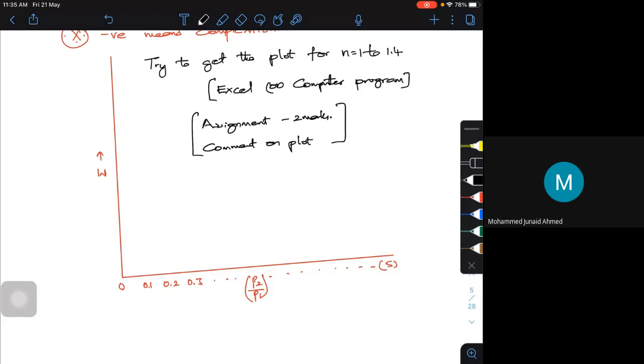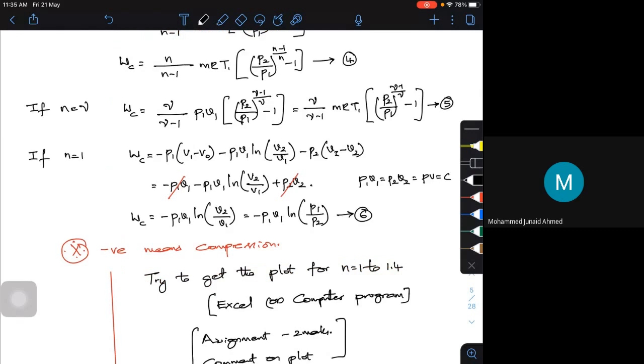For different pressure ratio, how your work done is, see, we showed it on the PV diagram. That's a different story. But for different pressure ratio, how your work done is behaving, that is not shown, which I want you people to do using Excel sheet or program. So you see, the ready-made formula is already there. You put some value, P1, V1, you assume something. V1 you assume as 0.01 meter cube. Okay, for different values of P2 by P1, you try to plot it. Yes, sir. Once you set up the column in Excel, it's just like dragging. That's it.